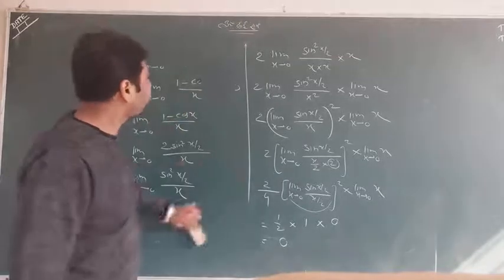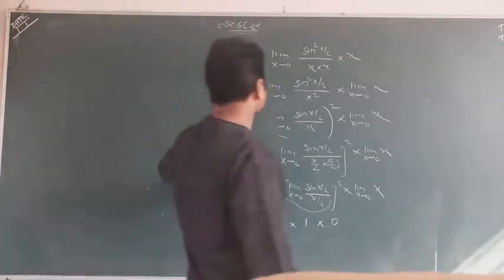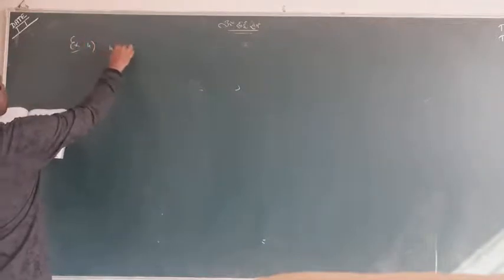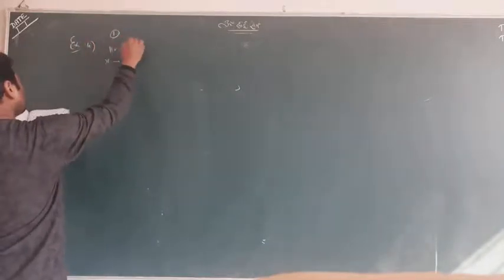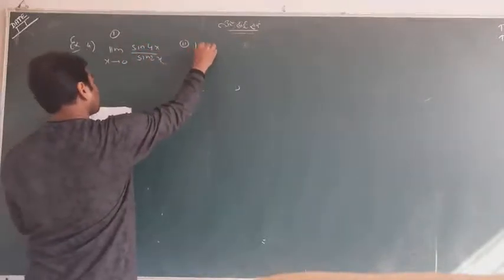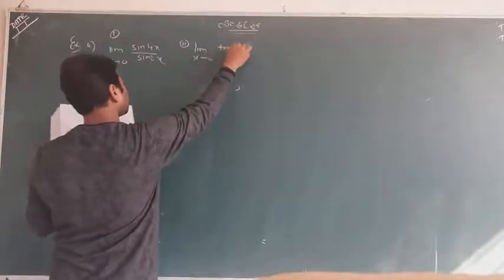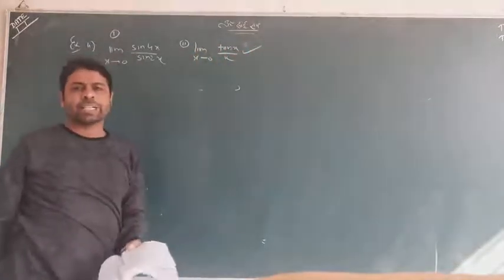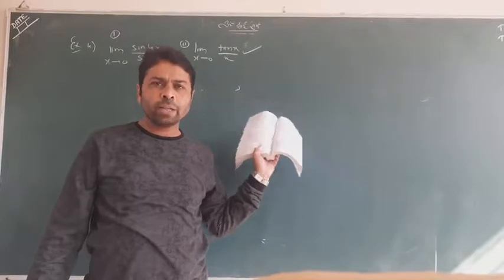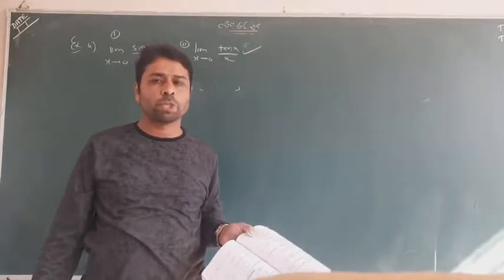Okay, let me write it out. Some more examples I will explain here to you. This is a very important chapter, so I put the chapter right here. This will definitely be helpful to you in class 12. Example number 4 is limit x tends to 0. We have two questions: sin 4x upon sin 2x, and second question, tan x upon x. I taught you tan x upon x early in the concept. You can see the video again and again and get the answer of tan x upon x, which is 1.